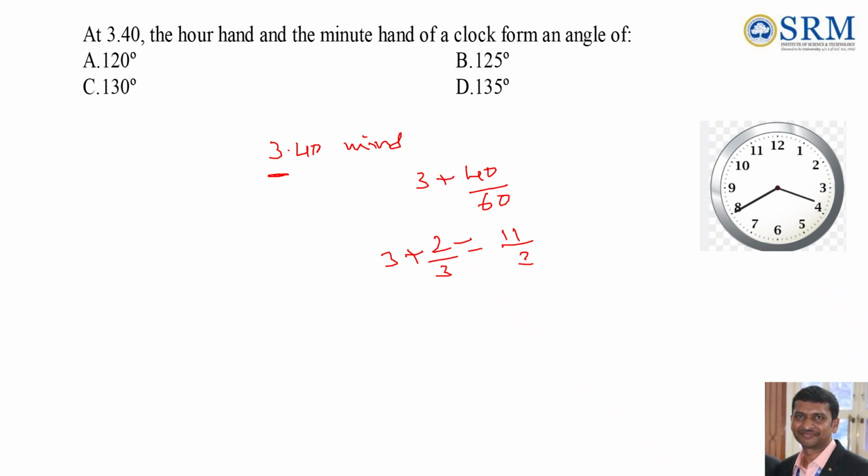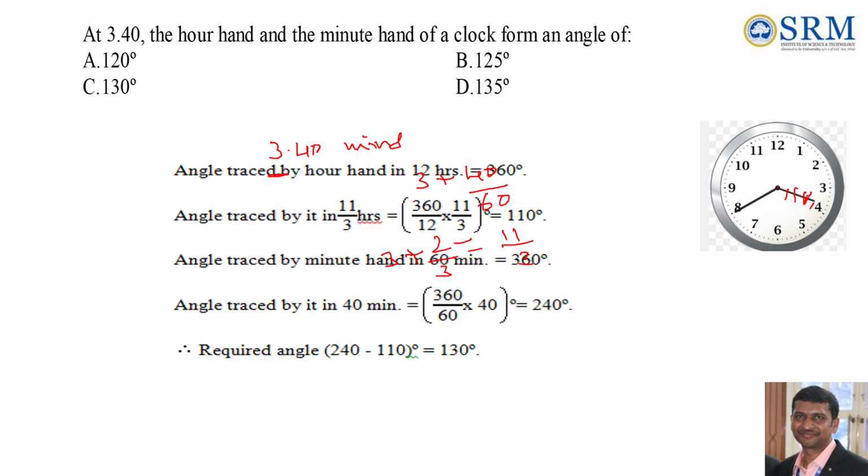How much has the hour hand's angle rotated? We write 240 degrees for the minute hand's rotation, and the hour hand converts to 110. So 240 minus 110, that is 130 degrees it is rotated. Now,